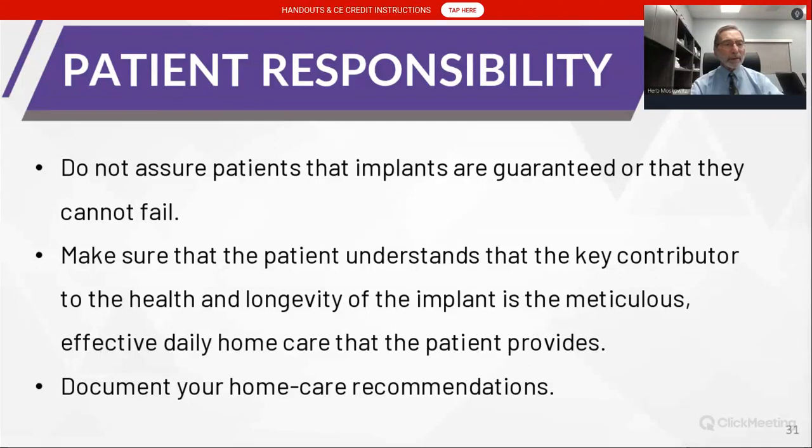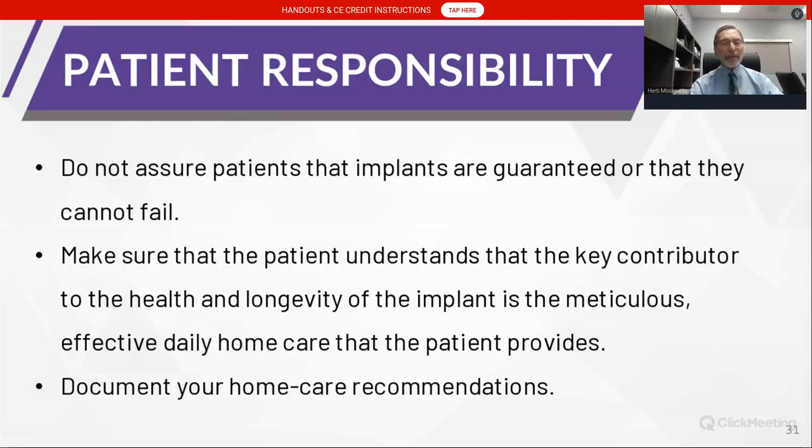And later on, 8 years from now, you have a patient holding an implant in his or her hand, and all they remember is that 8 years ago, they spent a ton of money. They didn't go on vacation. They didn't get that new car because they got that implant instead, and now they're holding it in their hand,